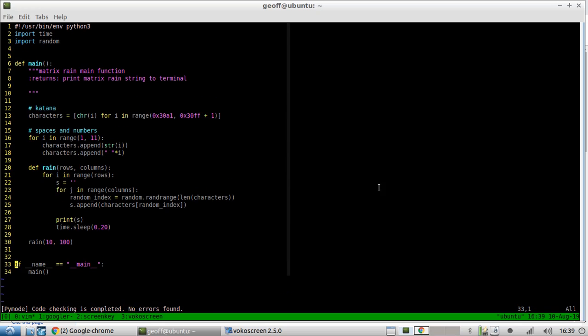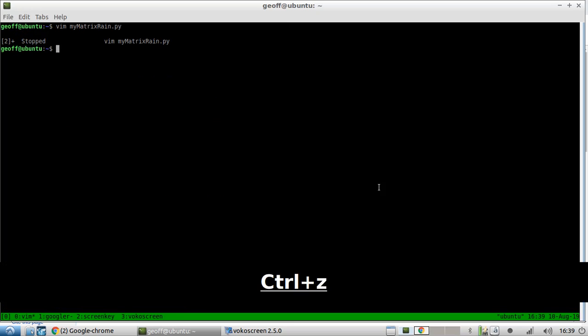Alright, now it's not complaining anymore. Cool. And our file is called my matrix rain, so we're going to add some executable privileges to my matrix rain. I'm going to execute my matrix rain and hopefully get, oh,